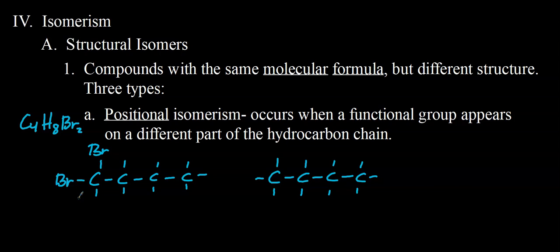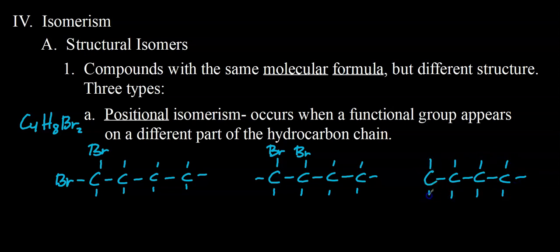Where else could the bromos go? Well, you could have 1 on carbon number 1 and 1 on carbon number 2. What would this be called? This is 1,2-dibromobutane. So you know you have isomers not if you can draw them differently, but if they have different names. For example,